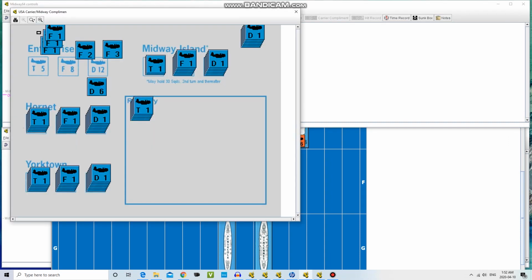So basically, when an aircraft carrier sinks, any aircraft that are on the deck at that time are lost. If there are some in the air, they are fine as long as they have somewhere else that they can land. So with Midway,